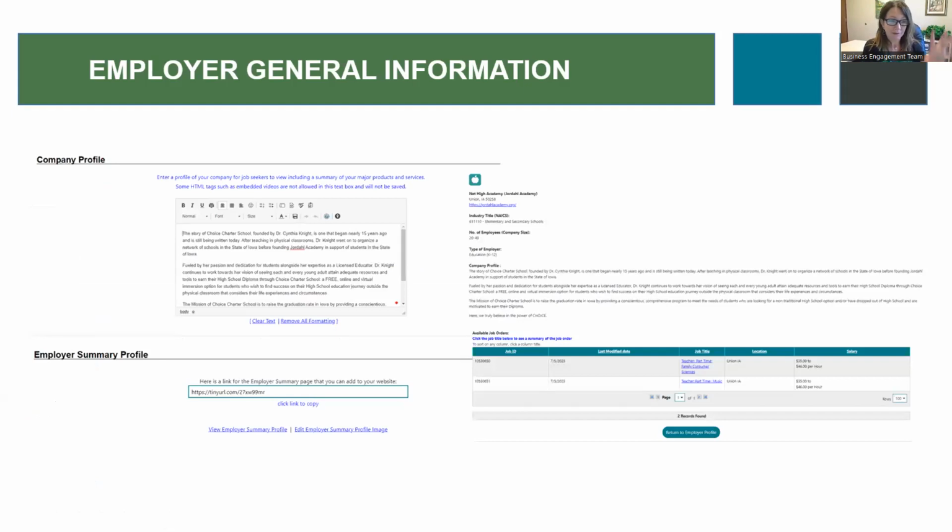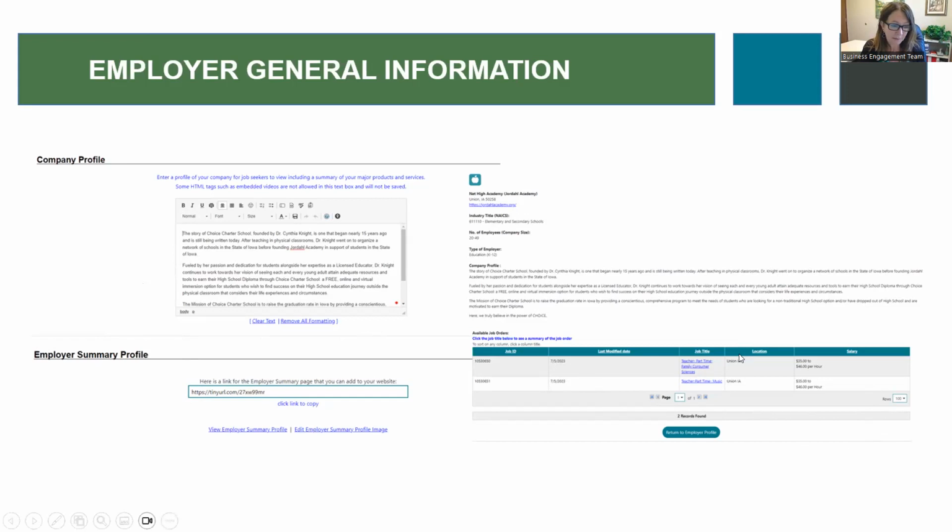Once you are in, this is also still on your main page of employer general information. We wanted to share this with you. It's a really neat feature of IowaWORKS where you can create your own company profile. There's a text box, and this gives an example of some text that you could put in the company profile box. And then once you have that information in, you get a tiny URL that is unique to you and your account that you can copy and paste anywhere really that you want people to be able to access your company profile. And that on the right hand side shows a little bit of what it might look like depending on what you put in.